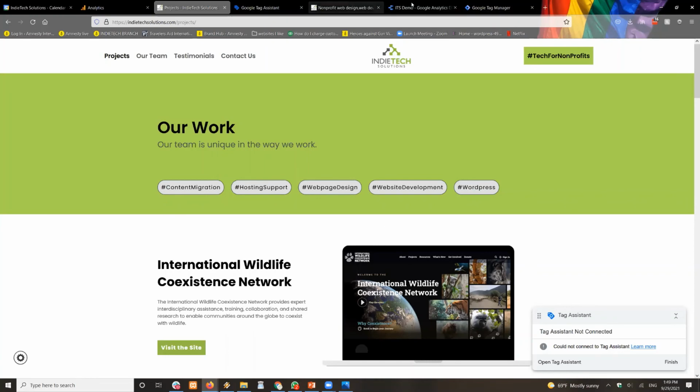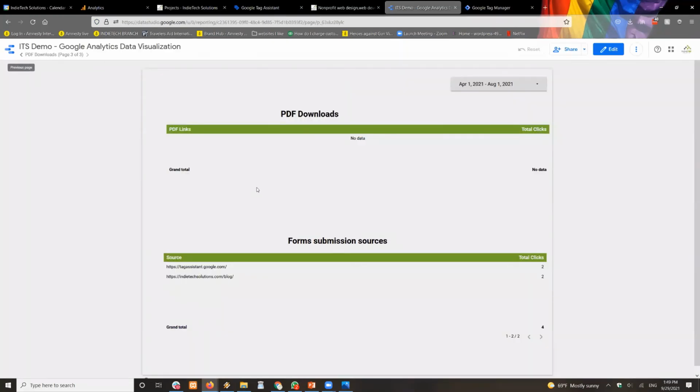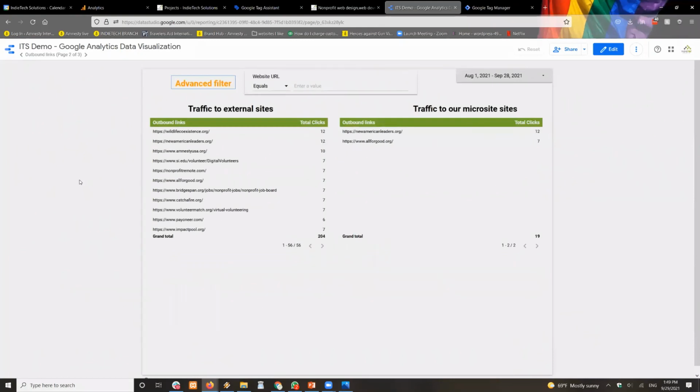Another use case is if you generate a lot of organic outbound links to a different organization, that could be very useful, like if you partner with that organization. You both run a campaign and you want to know, hey, we generated 50% of your traffic last month or something. That's another use case of outbound links. So it means anything that is not your specific websites that you are tracking.